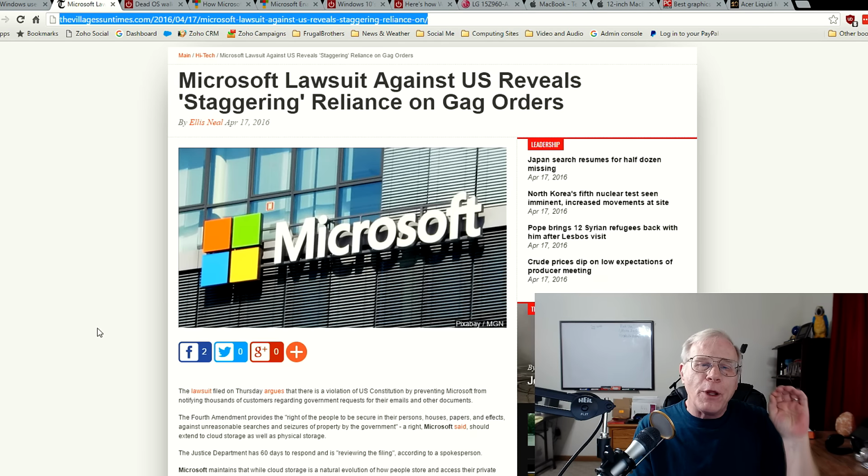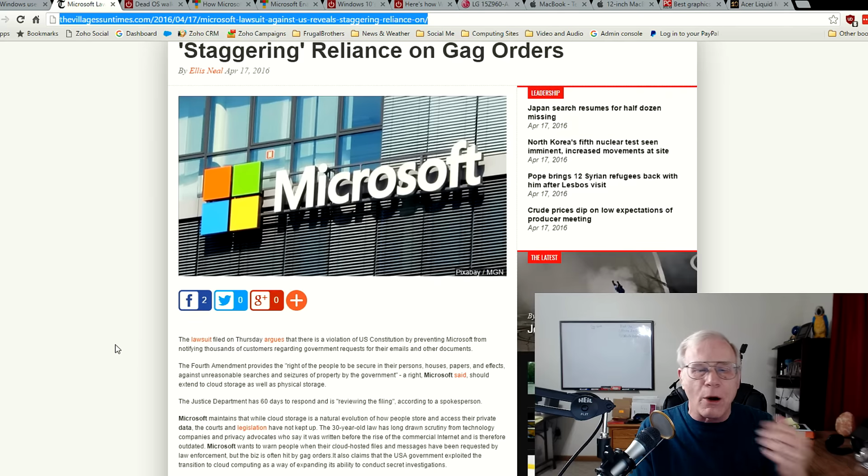Now, the original premise of the Constitution, one of the articles of the Constitution, protects you and your property against unreasonable searches and seizure. And Microsoft is basically going to court, and they're saying that these gag orders and these requests for your information, your email, your documents in the cloud, go against the Constitution.